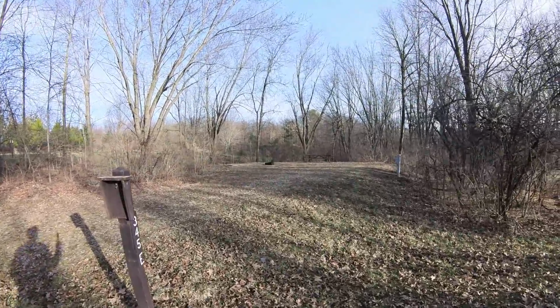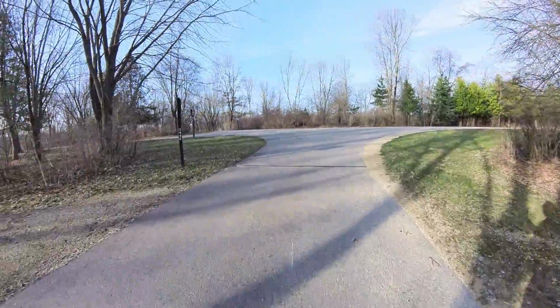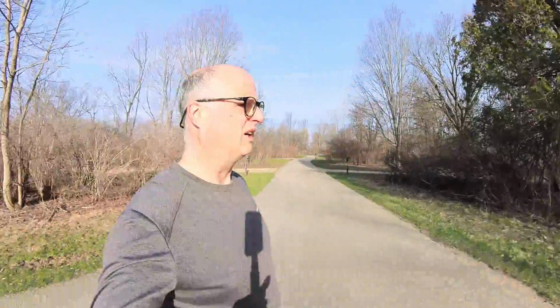345. Again, wide and flat. Now I'm gonna walk down to the other end and do my hike up. All right, back down at the split again. And I'm gonna start heading up